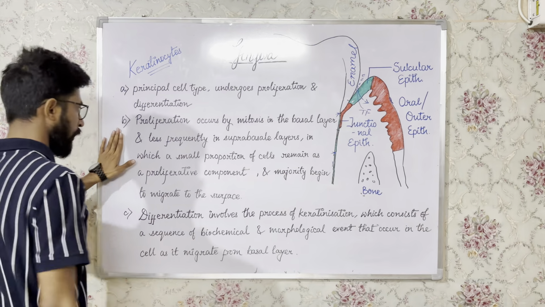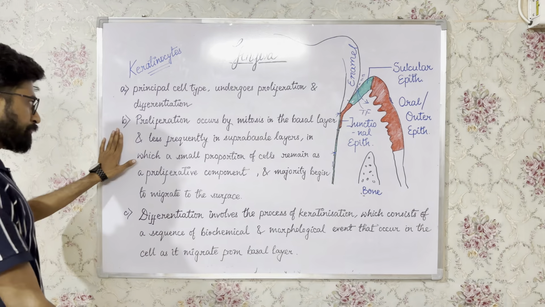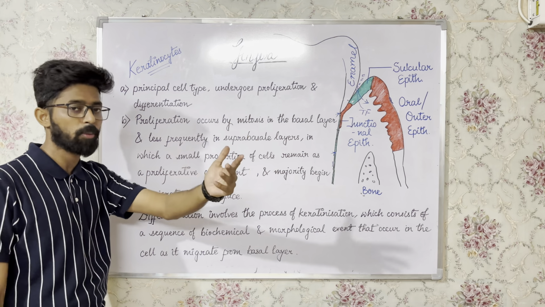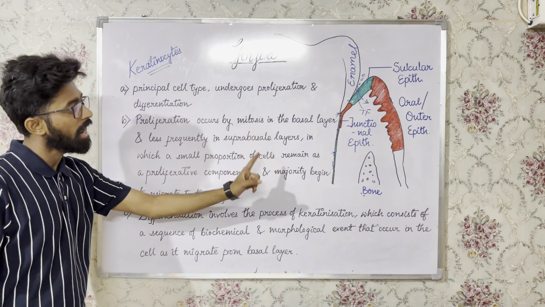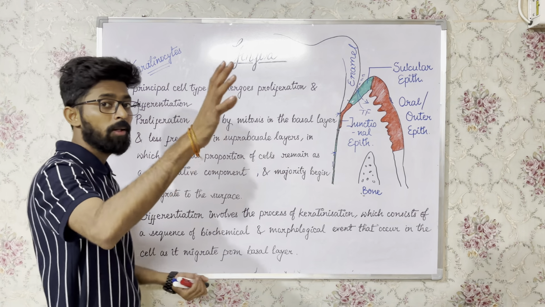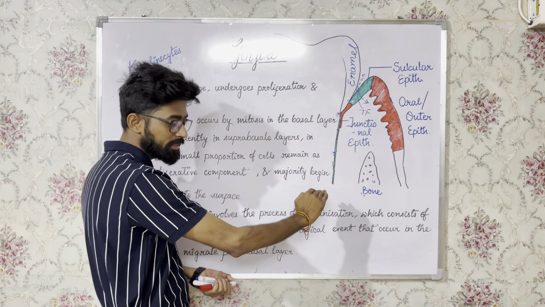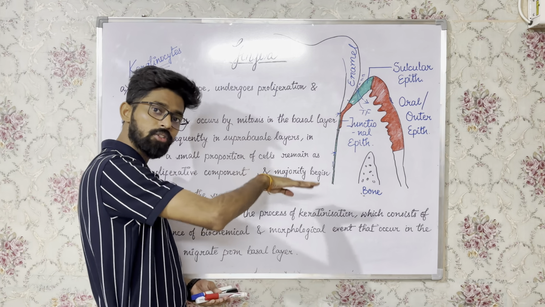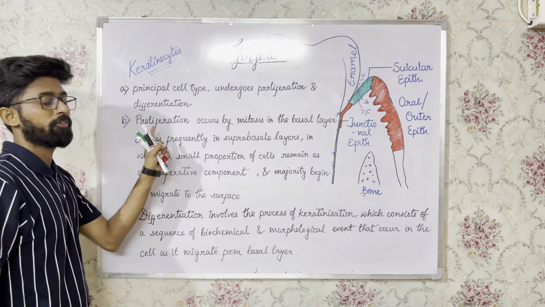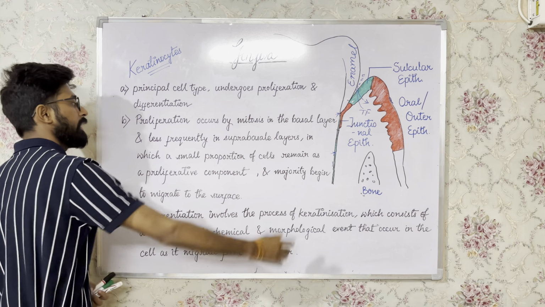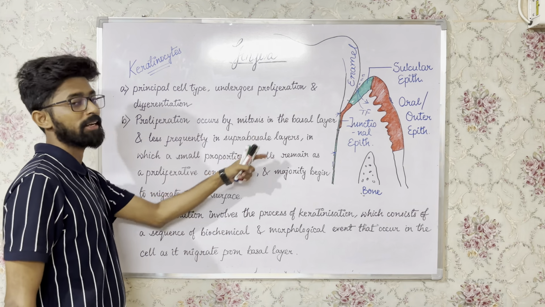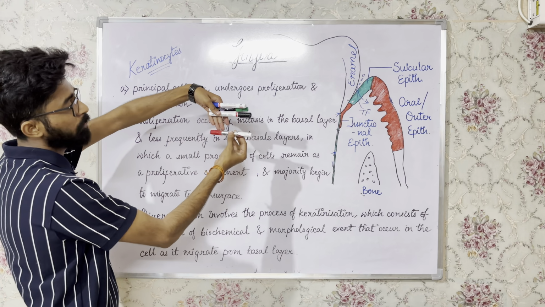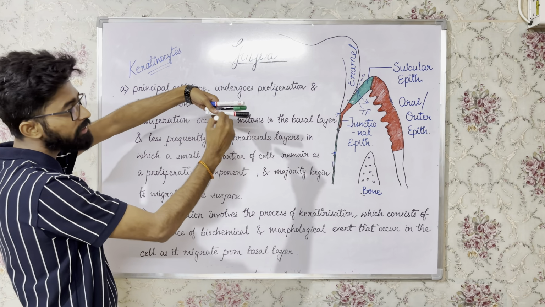ओके, next point is, as said earlier, proliferation occurs by cell division, मतलब mitosis. Proliferation occurs by mitosis. Mitosis तो पता होगा. Proliferation occurs by mitosis and it occurs in the basal layer. मतलब अभी 4 layers we drew earlier, like stratum basal, stratum corneum, stratum granulosum, stratum spinosum. तो सबसे lower layer जो था basal layer, वहां पर होती है proliferation. Proliferation occurs in the basal layer and less frequently in the suprabasal layers. मतलब basal layer के ऊपर के जो layers है, for example these are the layers, this is basal layer, so proliferation occurs in the basal layer and less frequently in the suprabasal layers.